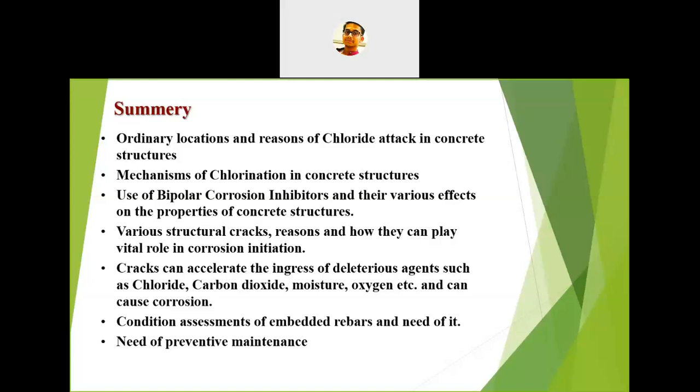Once the corrosion starts, if you work on repairing the structure and stopping the corrosion, this comes under the protection of corrosion. After that, we have seen some of the condition assessment of embedded bars,